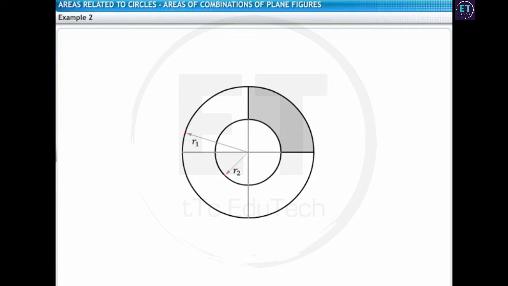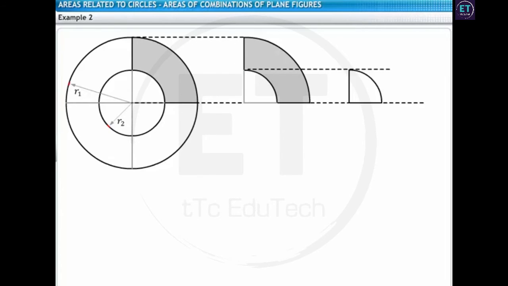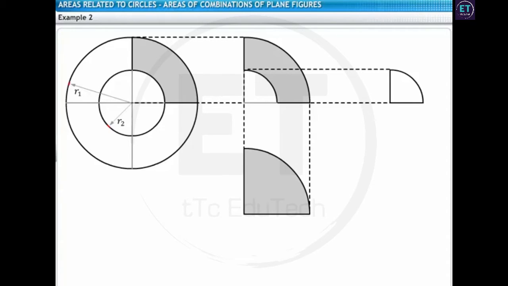Let's see another example to understand the method better. Here's a figure composed of 2 concentric circles. To obtain the area of the shaded region, let's follow the procedure. Now, the area of the shaded region is equal to